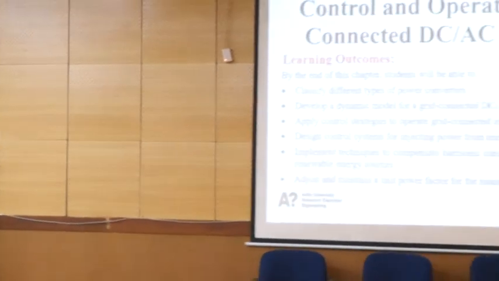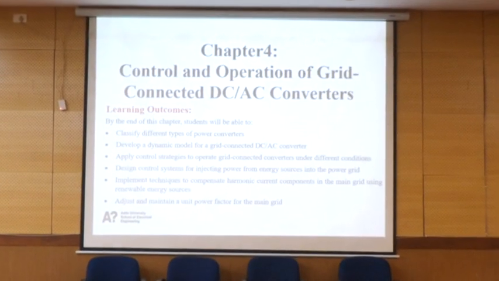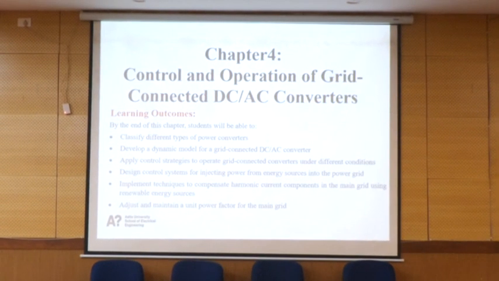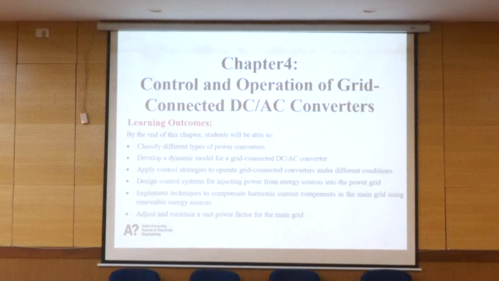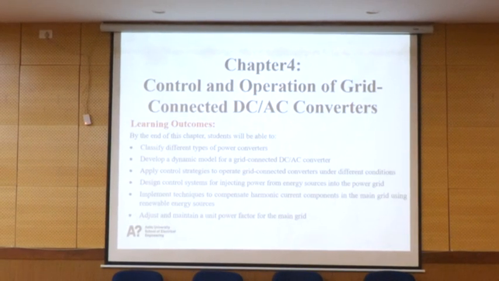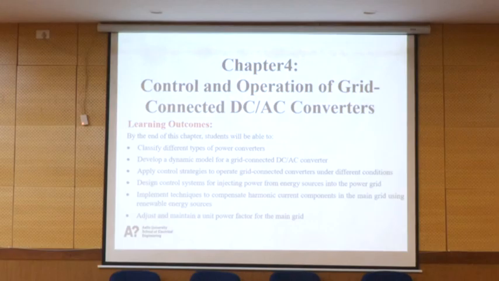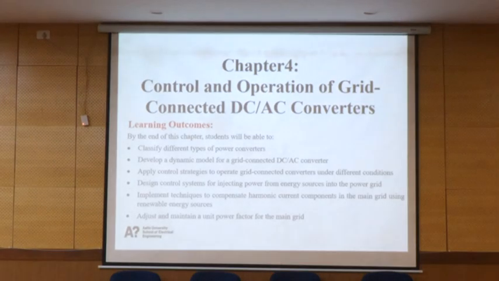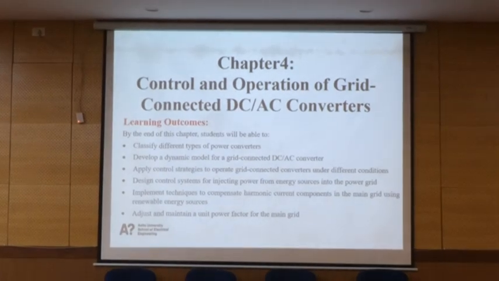The title of chapter 4 is the control and operation of grid-connected DC-AC converter. So at the end of this chapter, you will be able to classify different types of power converter, develop a dynamic model of a grid-connected DC-AC converter, apply control strategy to operate grid-connected converter under different operating condition, and you will be able to design a control technique for injection of different active power from energy sources to the power grid,